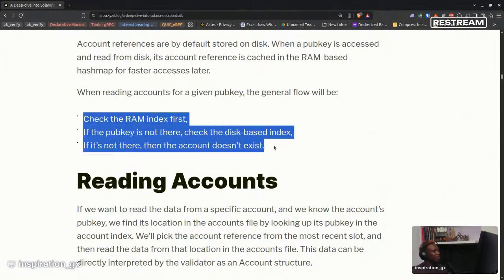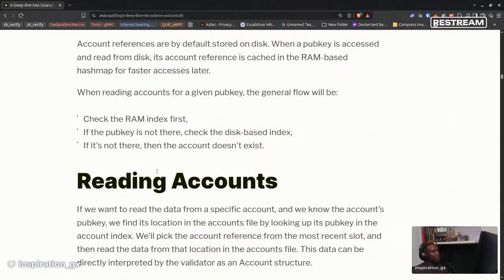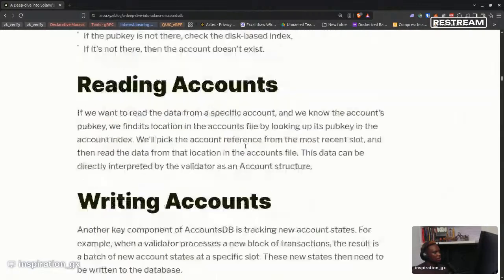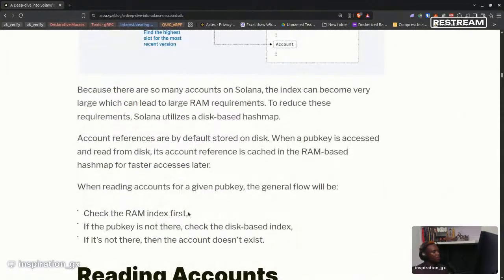Yeah, so this is one of the things we are going to look at. There's a theory that once you ask it for the state of an account, it reads it first, and if it finds it, it keeps it in a cache because you may want to read the account state again in an instruction. You may want to read the account state twice, so it keeps that in a cache. Then once it writes to an account, it also keeps that in another cache called the write cache. So we have the read cache, we have the write cache, and